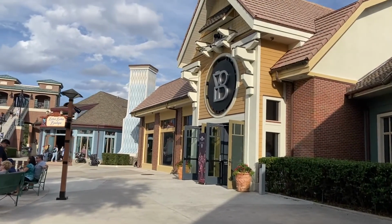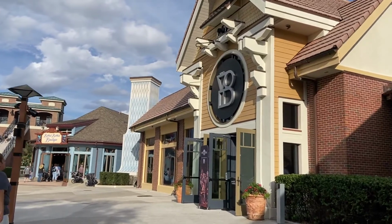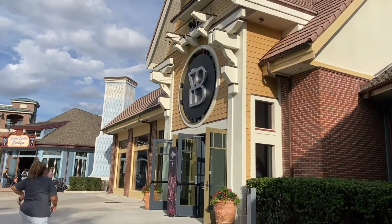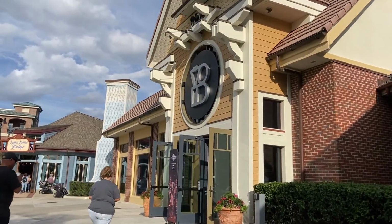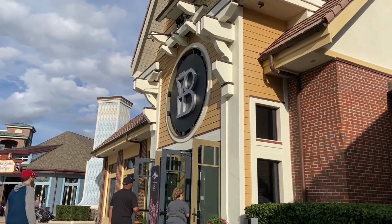I'm here at Disney Springs to try the Void for the very first time. Now, if you haven't heard about this, they have a Star Wars experience and a Wreck-It Ralph experience right now. And we're doing the Star Wars experience with friends that have done it before and really want us